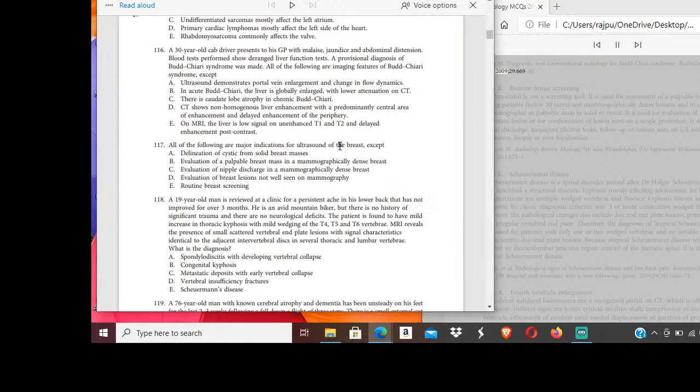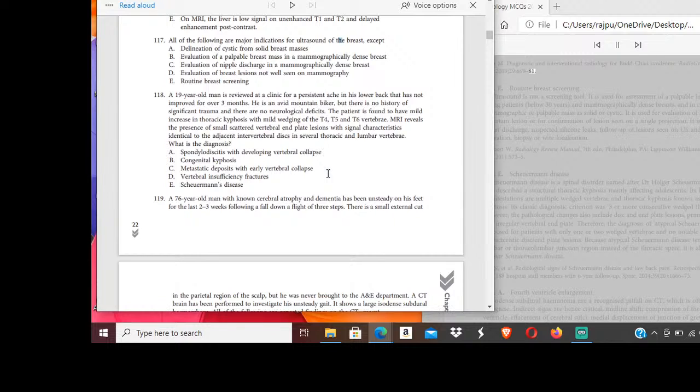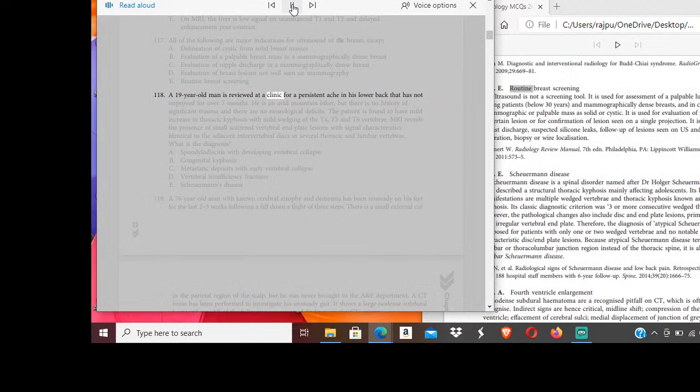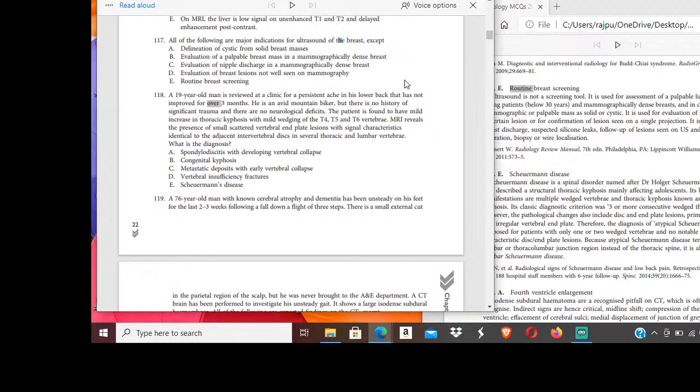Radiographics. 2009, 29:669-81. 117. E. Reviewed at a clinic for a persistent ache in his lower back that has not improved for